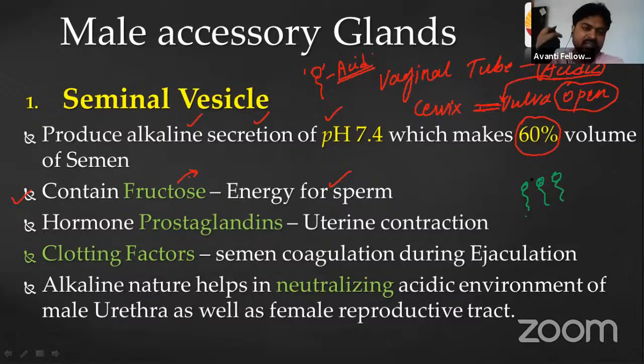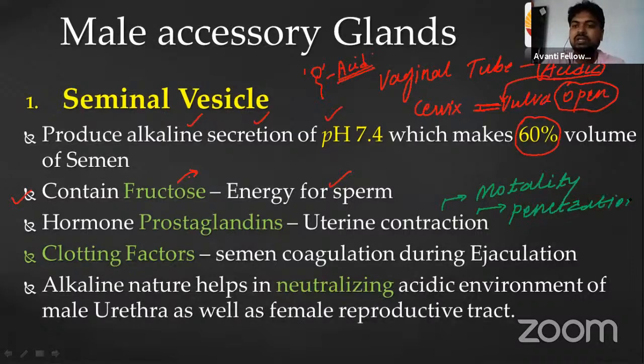दैट मींस प्रोस्टाग्लैंडिन हेल्प टू द स्पर्म फॉर देयर ट्रैवलिंग, ठीक है, और वी कैन से प्रोस्टाग्लैंडिन हेल्प टू द स्पर्म टू देयर मोटेलिटी, दैट मींस प्रोस्टाग्लैंडिन इंक्रीज मोटेलिटी, ठीक है, उसके पीछे का रीजन हमने अभी डिस्कस किया है, एंड इट आल्सो इंक्रीज द पेनिट्रेशन कैपेसिटी ऑफ द स्पर्म, ठीक है।